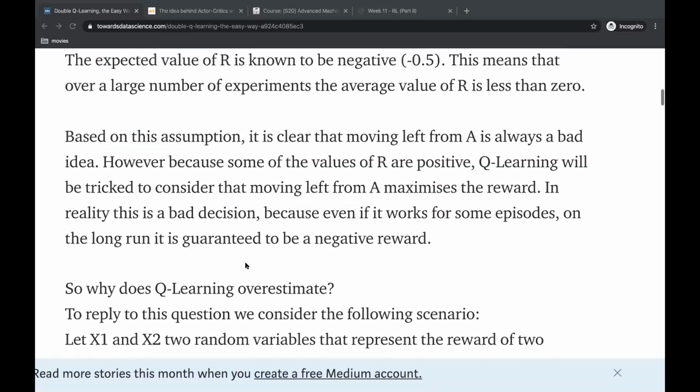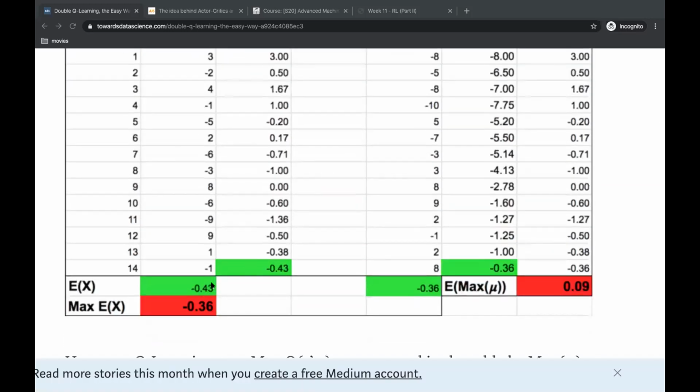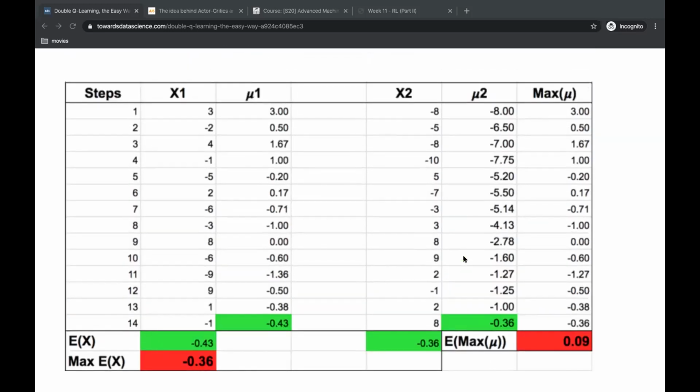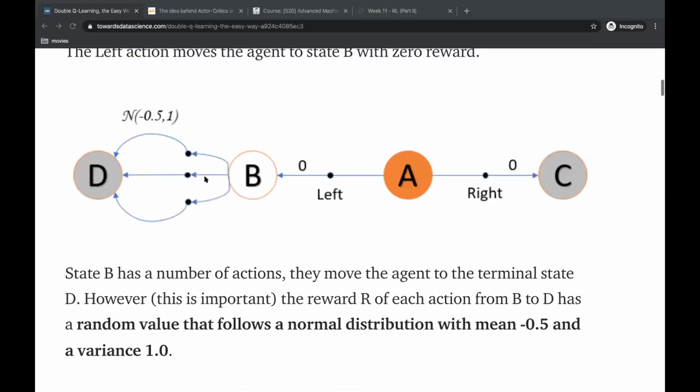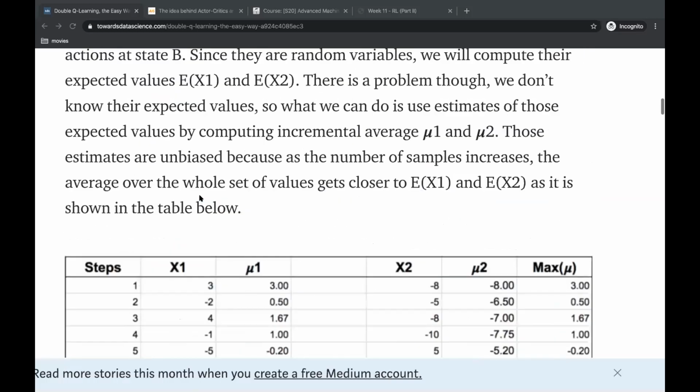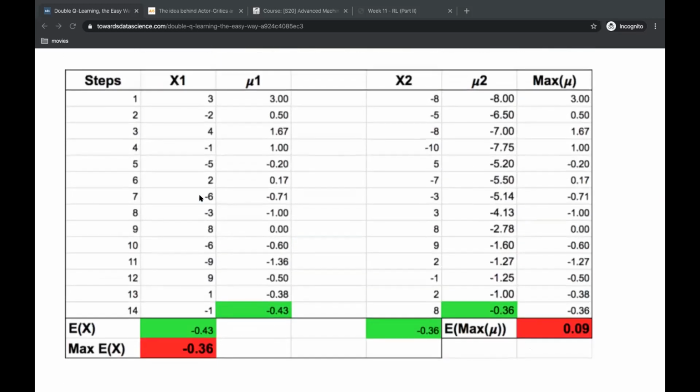Accurate, or really accurate? Yes, it's almost -0.5. Of course, it's not perfect, but it's almost -0.5 because we are sampling from this distribution. So it's the mean of this distribution. But if we do as we do in Q-learning, and we take the mean over the maximums,